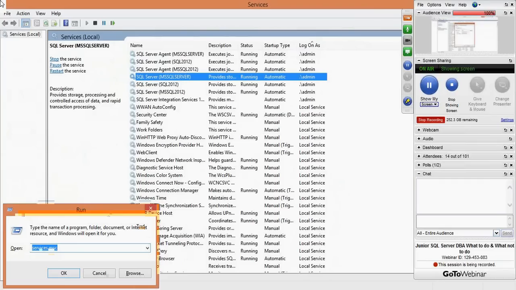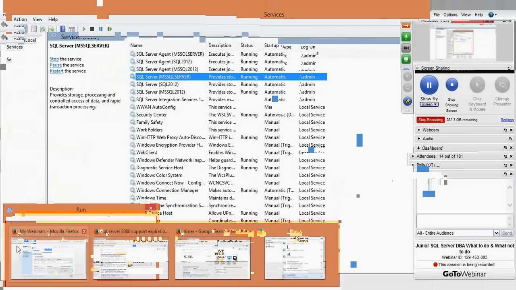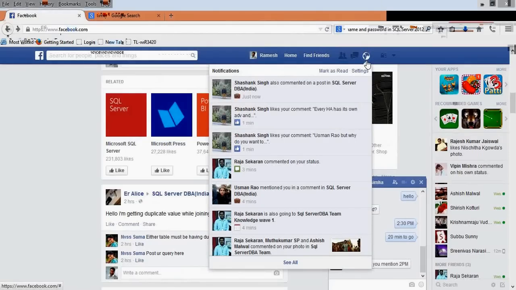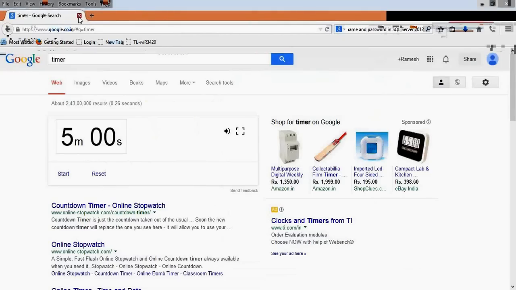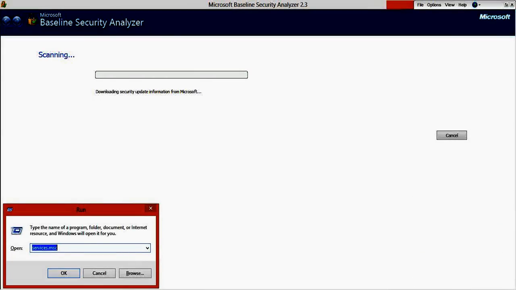The reason is that you have started your SQL Server with a specific user, and you should add that user to lock pages in memory. Here admin is the startup user used to start the SQL Server, and that admin user must be allowed to lock memory pages, to reserve the memory, I mean RAM, for the SQL Server.